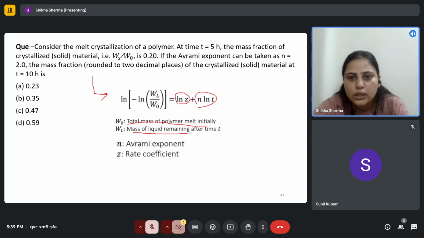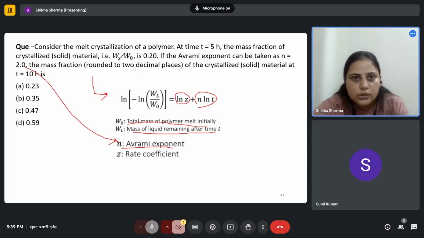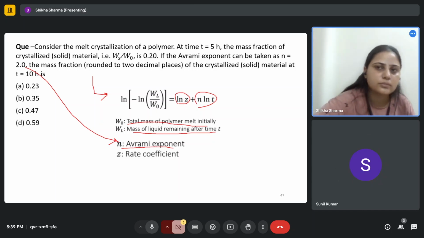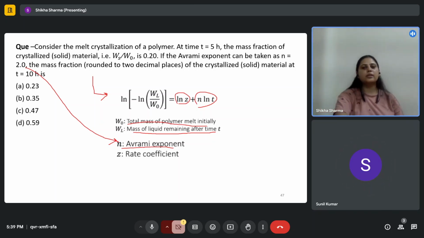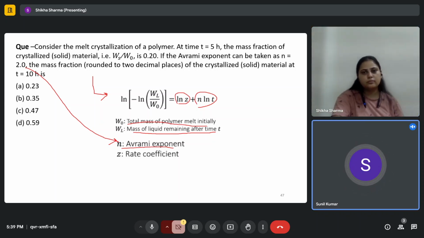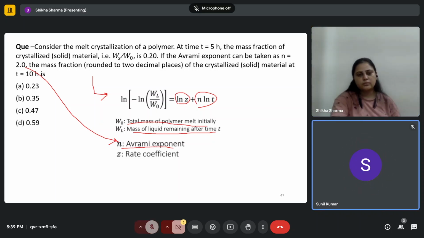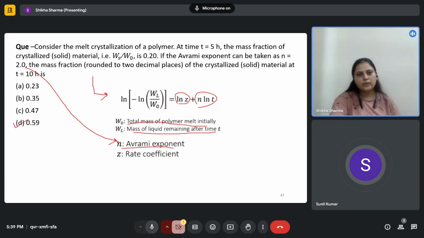Wl is the mass of the liquid remaining after the time t. n is Avrami's exponent. The value is given here, n as 2, right? And Z is the rate constant. So here this value is given. Yes, your answer is D. This value